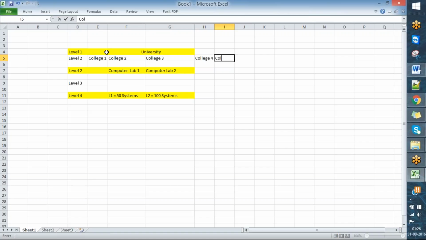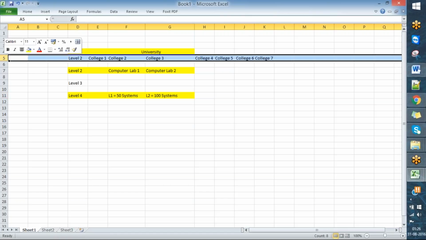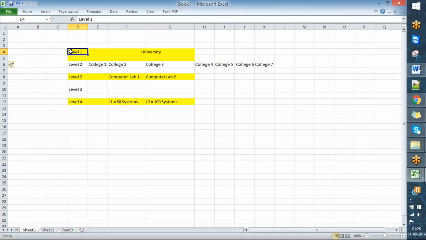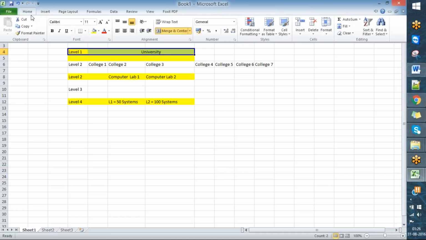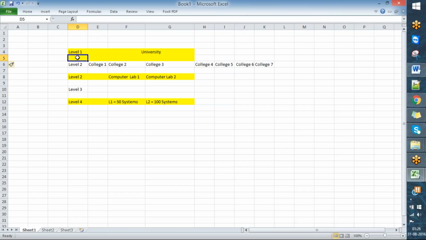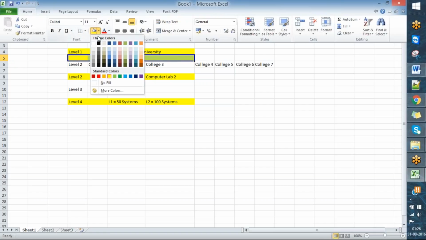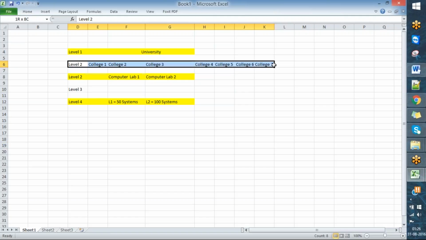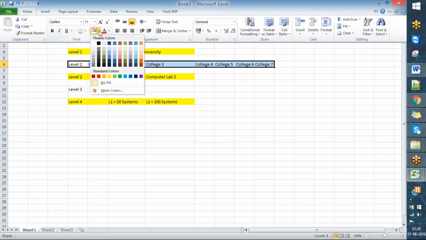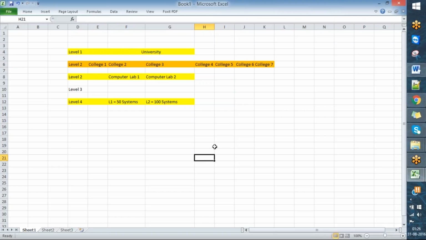college 4, college 5, college 6, and college 7. Understood? Any questions? Okay. In level 2, there will be 7 colleges and 1 university. Let's say on level 3,